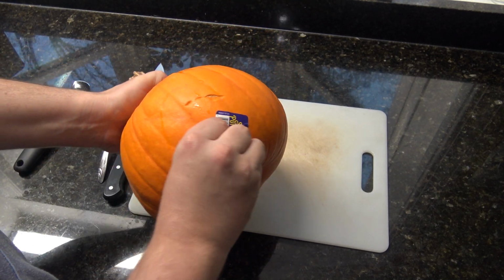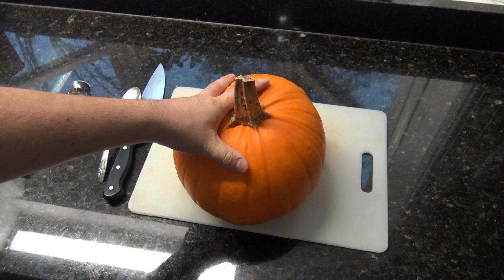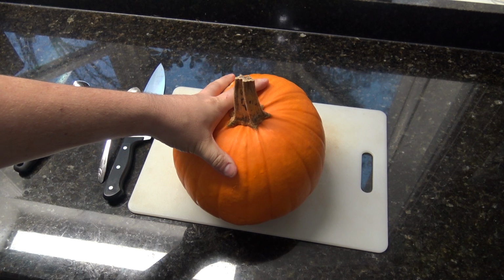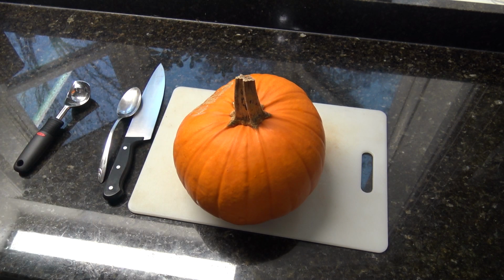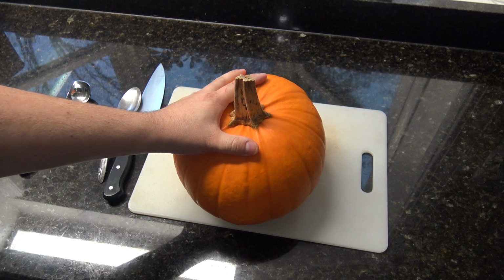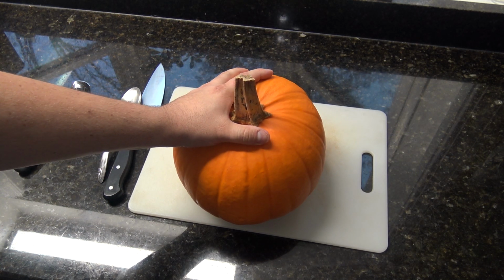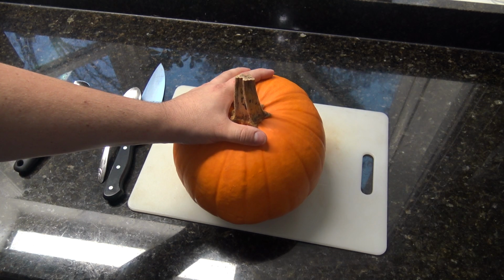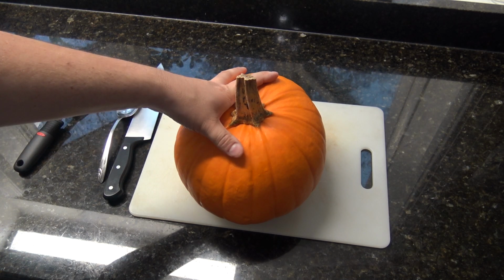So I'm just going to start by removing that sticker, and the really neat part about pumpkins is they're really expensive, sort of early to the middle of October, and then they become dirt cheap right before Halloween or right after Halloween, because usually the demand drops off to almost zero and there's way too many pumpkins, and so a lot of them end up going to feed pigs or they just sort of rot and decompose and go in